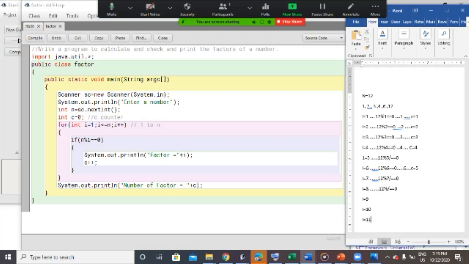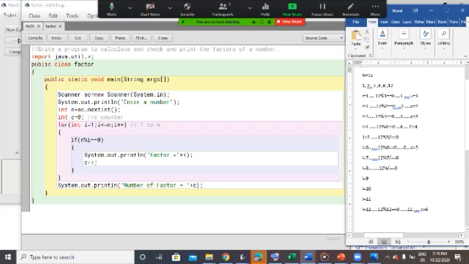For 11 also nothing happens. But for I equals 12, 12 is completely divisible by 12. So the value 12 is printed and the counter increases to 6. So the number of factors 12 has is 6.